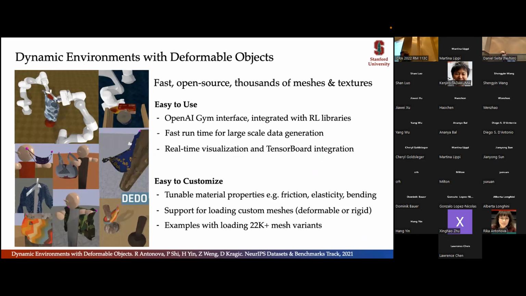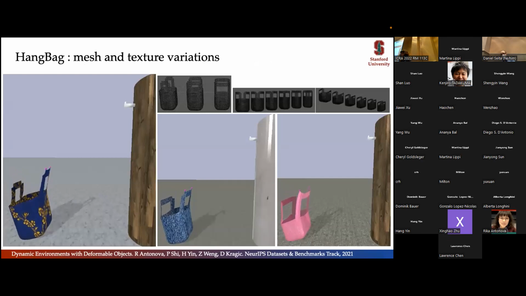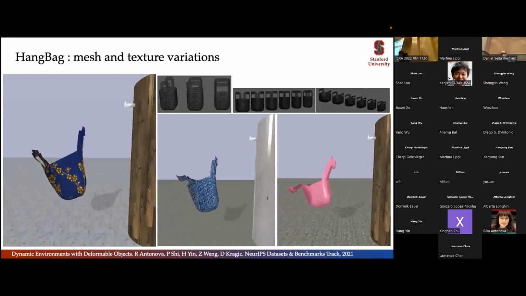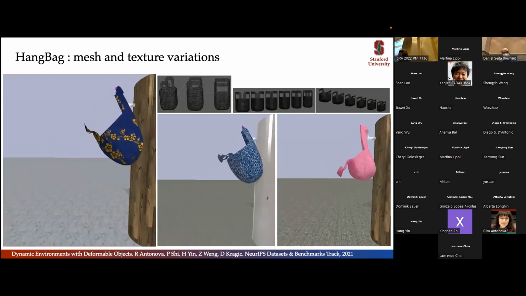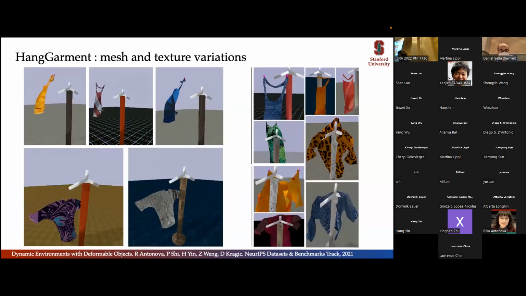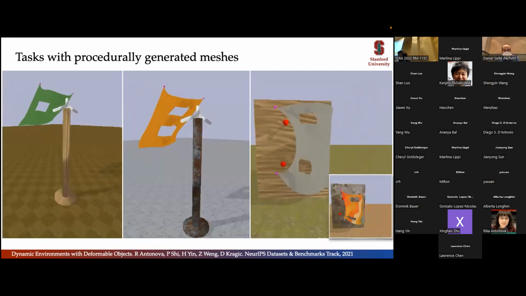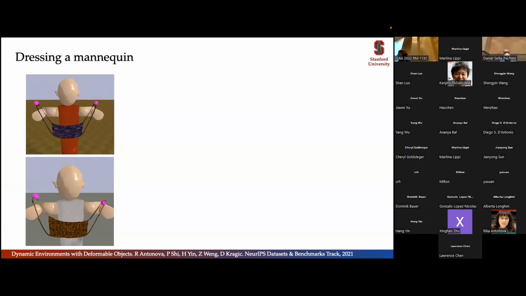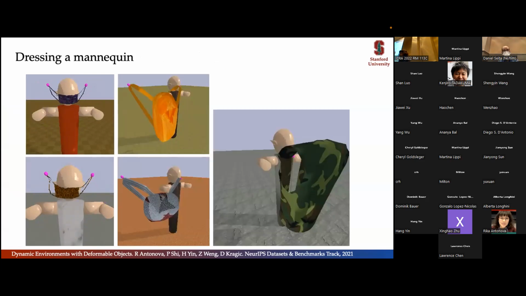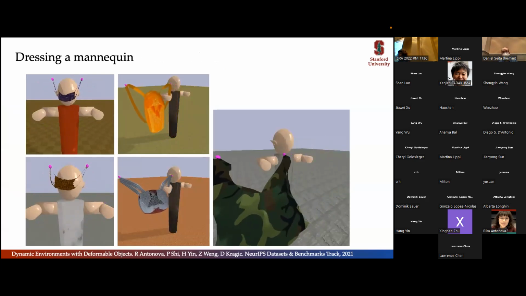And we've given some examples of how to load a very large number of mesh modifications into these environments. So for example, different garments and different data sets. For example, this 22,000 garment data set that's procedurally generated by another group. All right, we have procedural generation of meshes and some interesting tasks on here that are just for